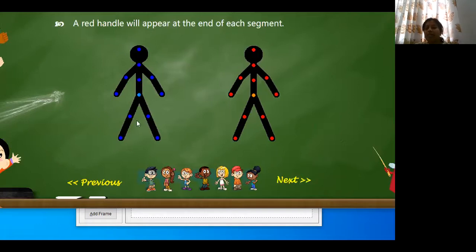Now why is this in blue color, and why is this in red color? Because this is a duplicate pivot man, an additional pivot man. So whenever we have an additional pivot man in the figure, the dots for that particular pivot man will be in blue color. Why? Because that is inactive. Whenever we are working on one particular pivot man, that particular one will